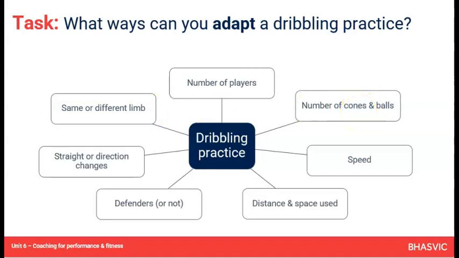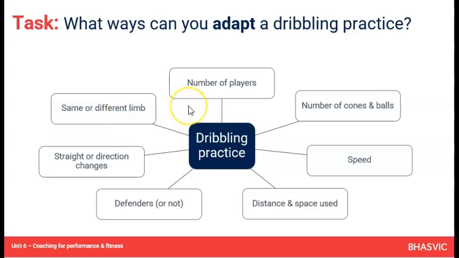You might have a straight line of cones that the player has to dribble in and out of. You might make a more varied position of the cones to make it more erratic, a bit more realistic. You might change the speed you ask them to dribble at. So when they're learning very early on, go slowly, walk through it, get the body position right, get the control of the ball right, then speed it up. You might ask them to dribble at shorter or longer distances. You might add a passive defender in. You might add an active, dynamic defender in. You could, of course, get them to dribble with just that one hand, or dribble with the other hand. If it's football, one foot or the other foot.